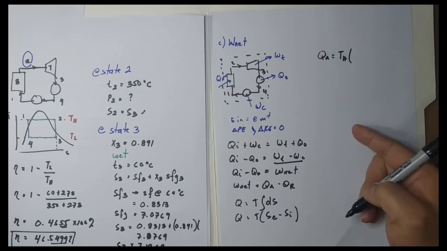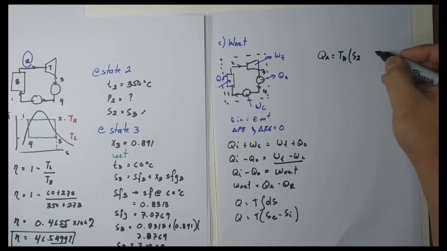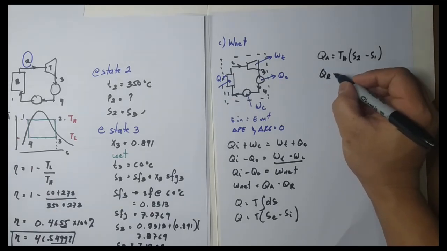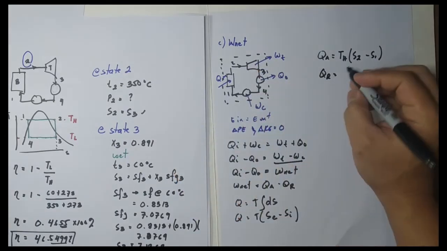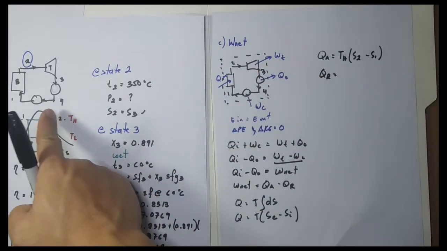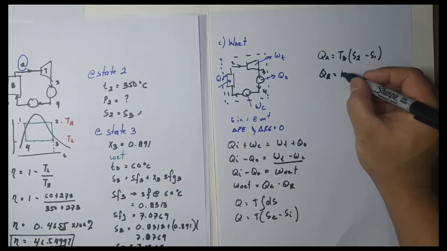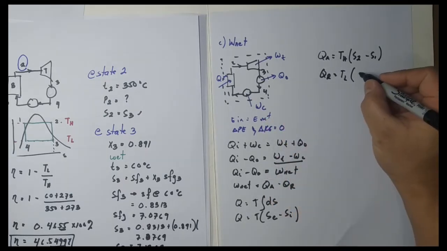Then, ang kanyang exit entropy is S2 minus S1. Then, Q rejected, yung nandito siya, ayan yung O, yung temperature niya ay low. TL pala, minimum. So, this is palabas S4